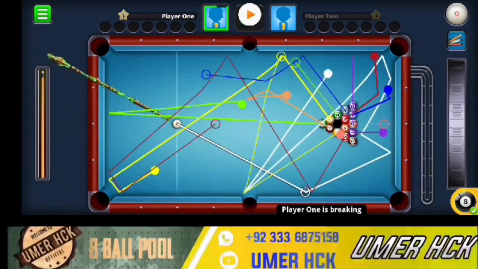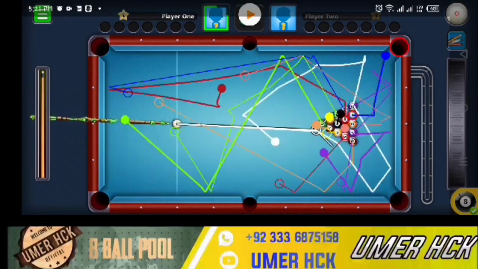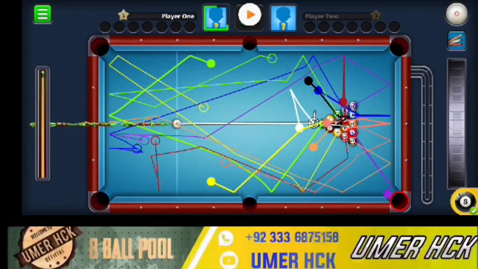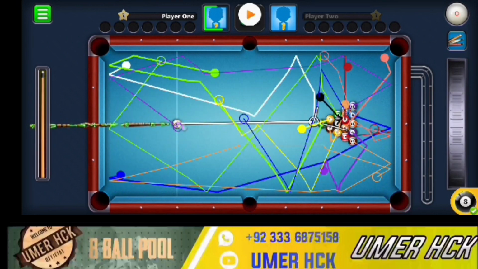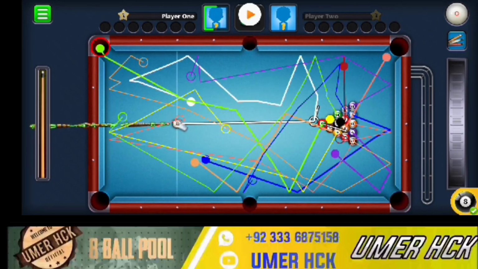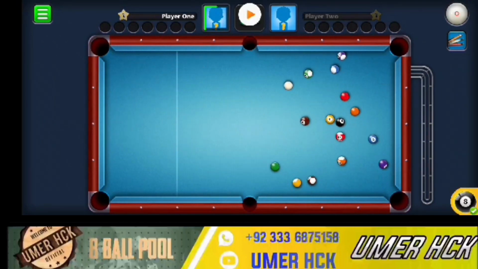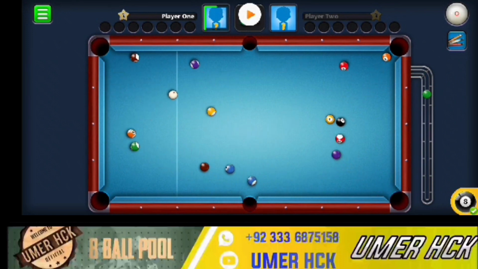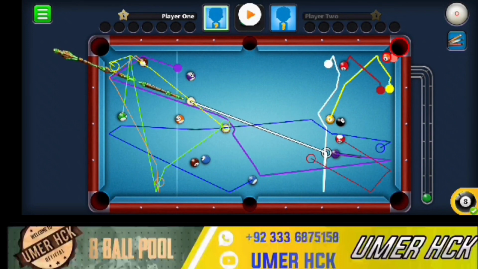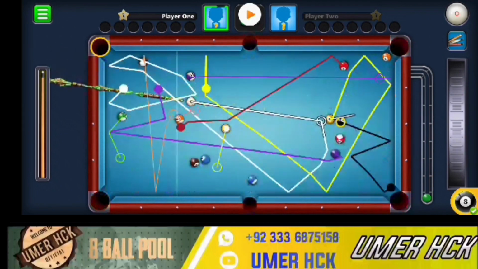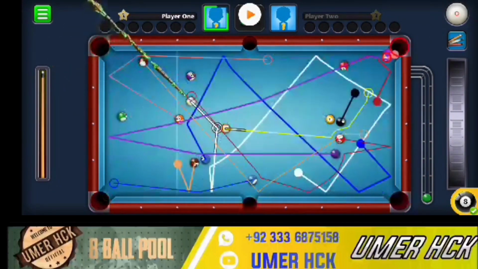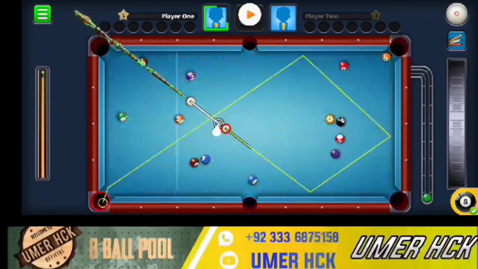Your game is played automatically, your table is connected automatically. You just put your phone anywhere and do your work easily. You don't need to click on the table for the next game. All of this is done by AimKing. Hope you guys understand. Now I will tell you a tutorial on how you can play the game manually and with autoplay.